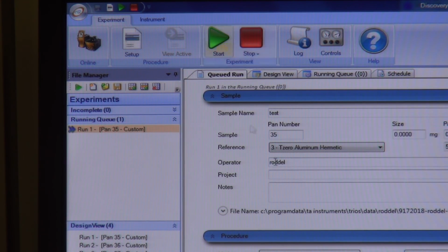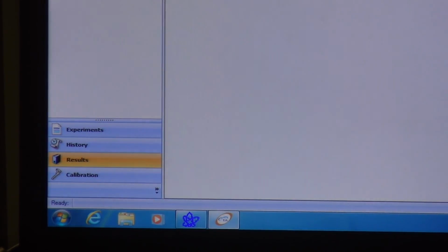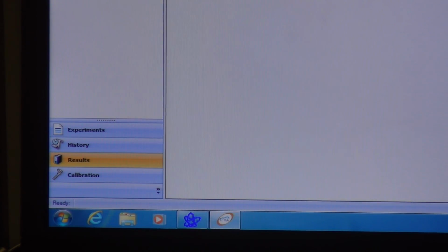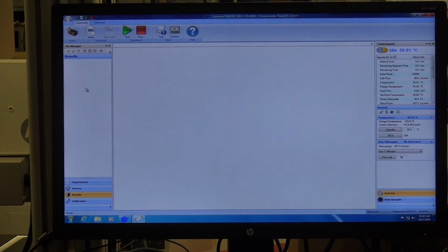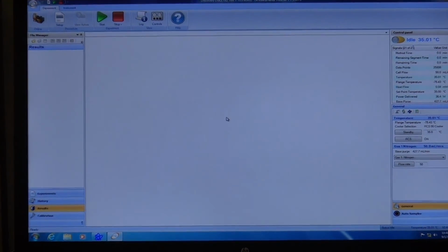Basically, you would hit start, and your sample will start running. It will automatically switch to this results tab down here, and you would start to see a live feed of your data come out as soon as it starts recording something. This results tab is also where you would analyze your data. So if you were to have a copy of this on your laptop,